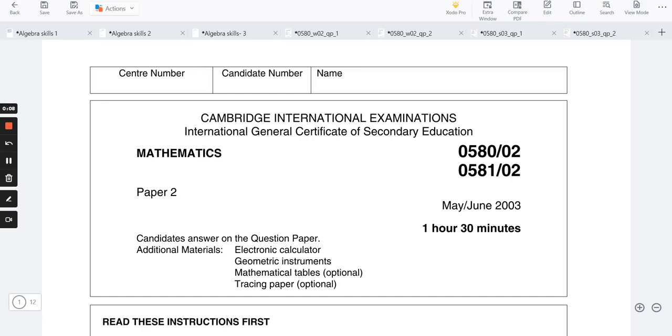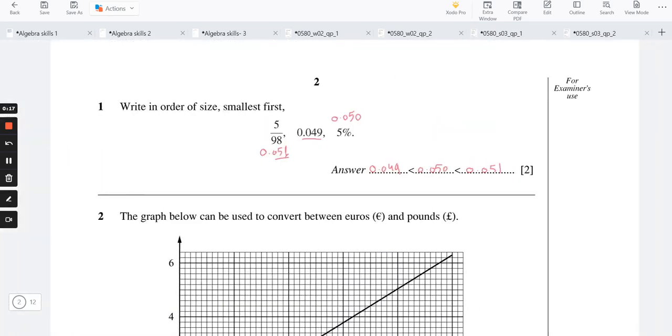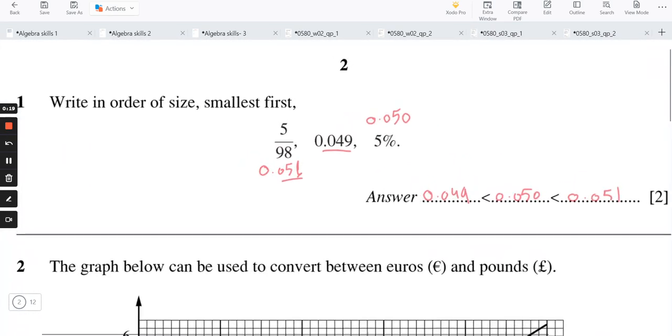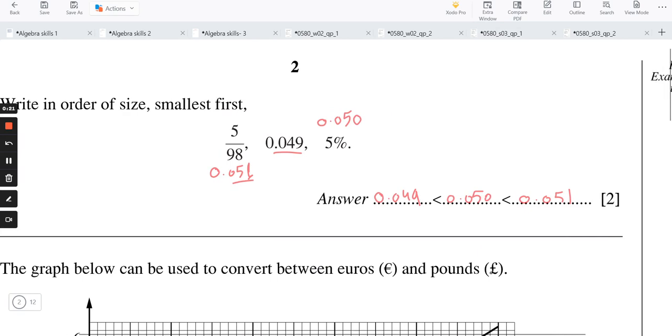Today we are going to solve IGCSE Cambridge 2003 May and June, paper 2. Now question number 1 here. Write in order of size, smallest